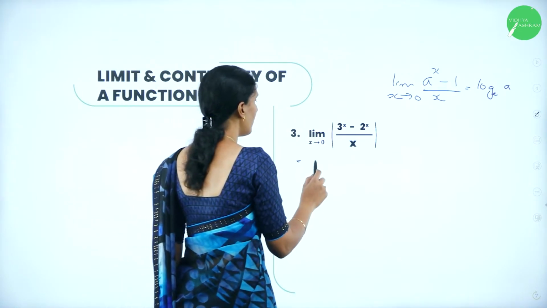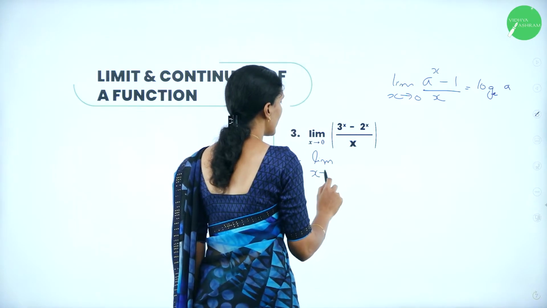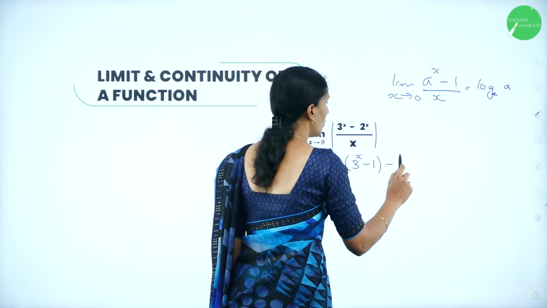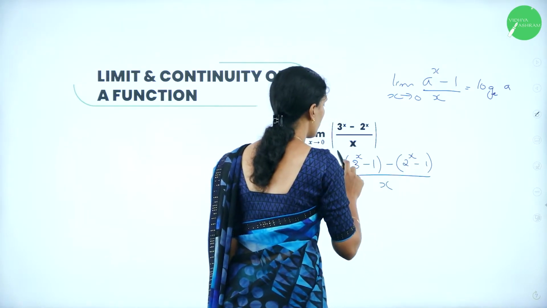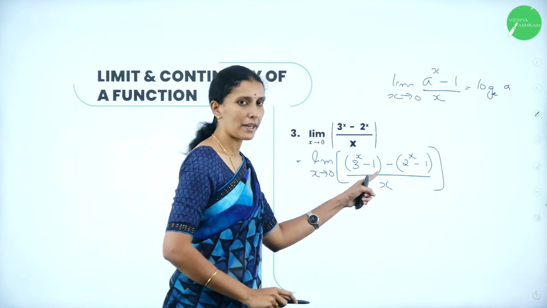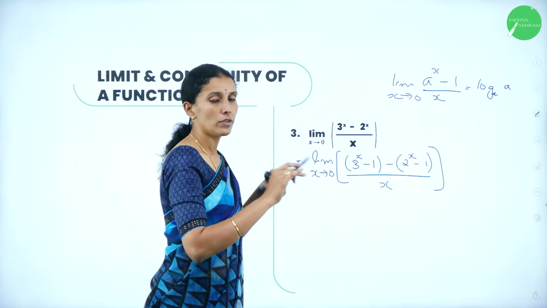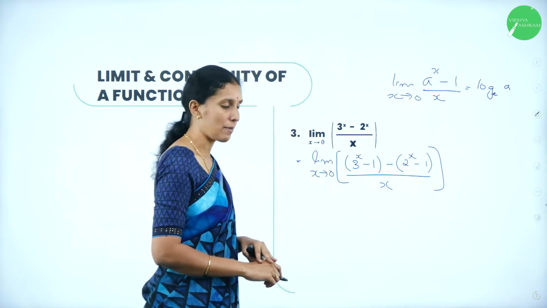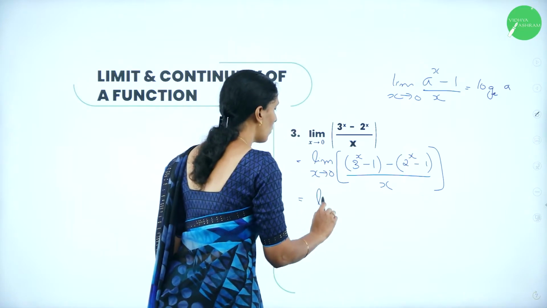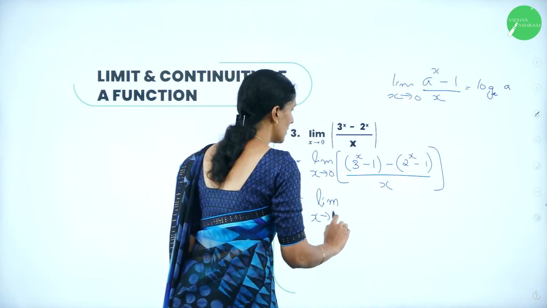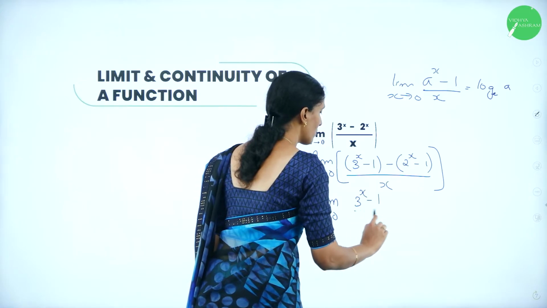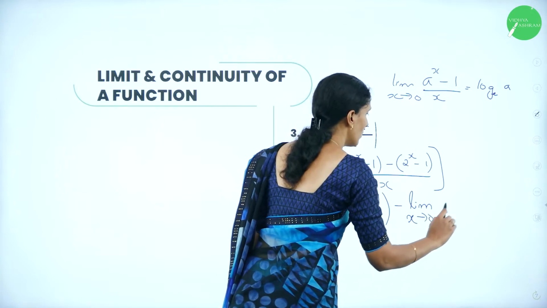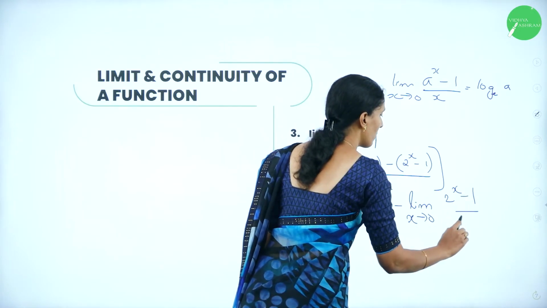So, what I will do here, limit as x tends to 0, I will subtract 1 from both functions. That is 3 power x minus 1, 2 power x minus 1. If you split it, and if you remove the bracket, minus 1 and plus 1 get cancelled, you will get back the same result. Then I will divide both the equations separately by x, so that it becomes 3 power x minus 1 by x. And I will apply the limit separately as x tends to 0. Again, it is 2 power x minus 1 by x.